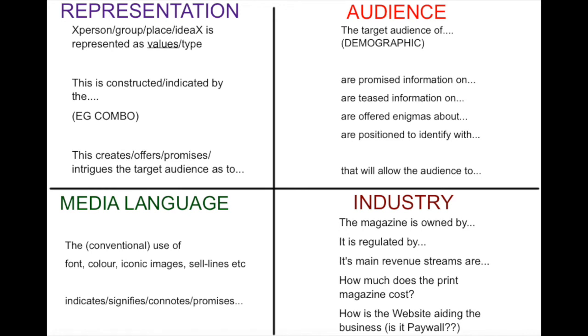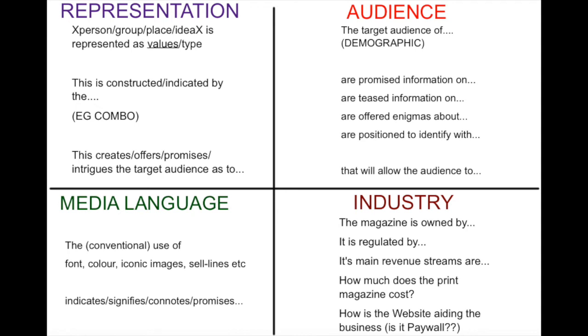Right, now I think, considering you're a year into the course, this should not be too alien to you. It will come in at about 4 sides for each product. So for the magazine product, you want to have a media language section, an audience section, a representation section, and an industry section. And I've given you some sentence starters here about how you can get in and out of this analysis fairly effectively. Between this set of sentence starters and my models, I'm hoping that will be enough to get you on your way.